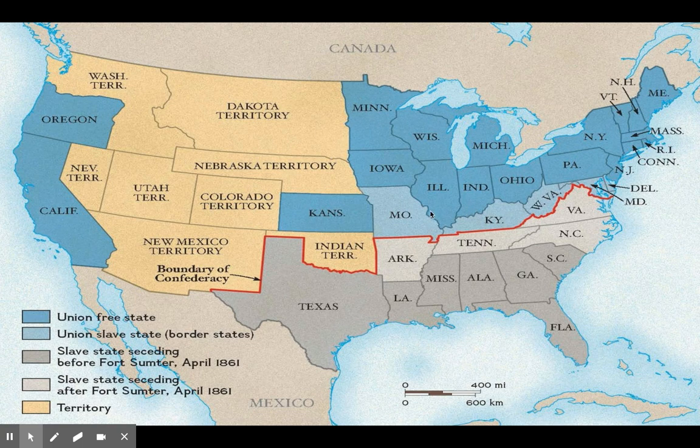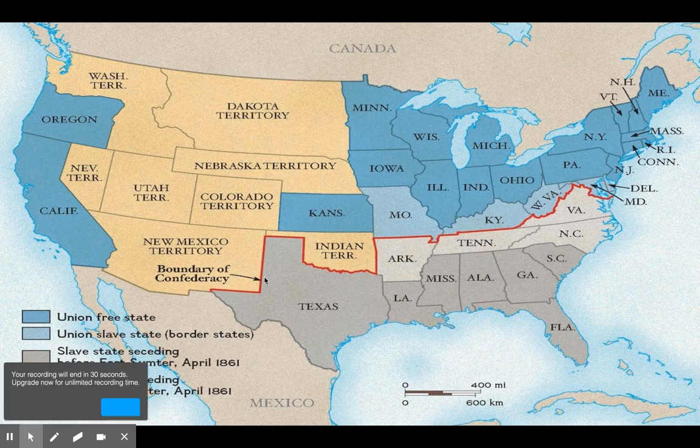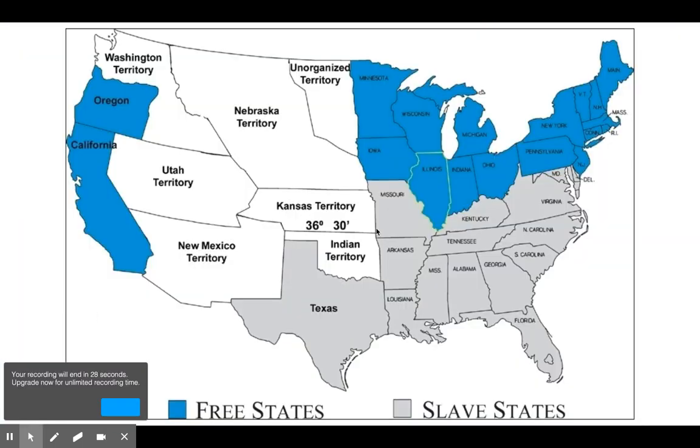So how do we deal with this idea of having slave states within the Union? Okay. What's the compromise that Lincoln has with these states? What does that mean in terms of geography? Why do you think it was so important for Lincoln and the Union to ensure that they kept Missouri, Kentucky, West Virginia, Maryland, and Delaware? Okay. We'll talk about that a little bit more. But at least looking at this map, I really wanted you guys to see what was happening